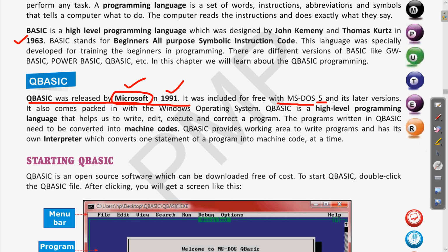So what is the meaning of high level programming language? There are some levels of programming languages. High level programming languages are those which a human can also understand. Clear? So as humans, they are an English type of language. Here we use terms which are English type of words, and they can be easily understood by us humans as well.